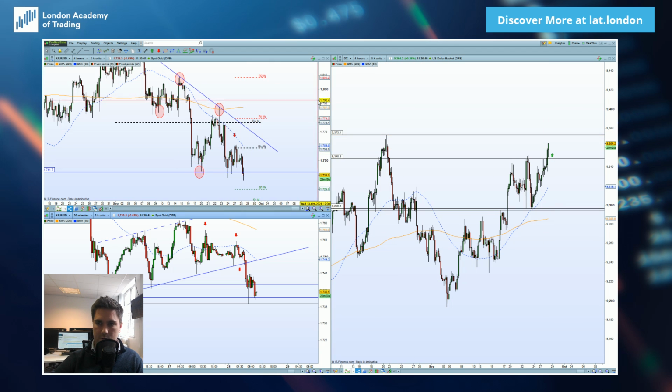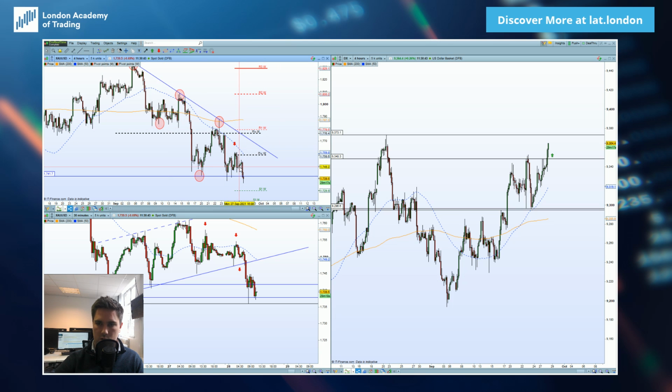So, an excellent technical setup here for a short in gold this morning, but in line with that, we can take additional confirmation from that dollar strength, from that dollar index. So we're using multiple charts here to help confirm each other, and now it's all eyes towards candlesticks and breaks of levels for